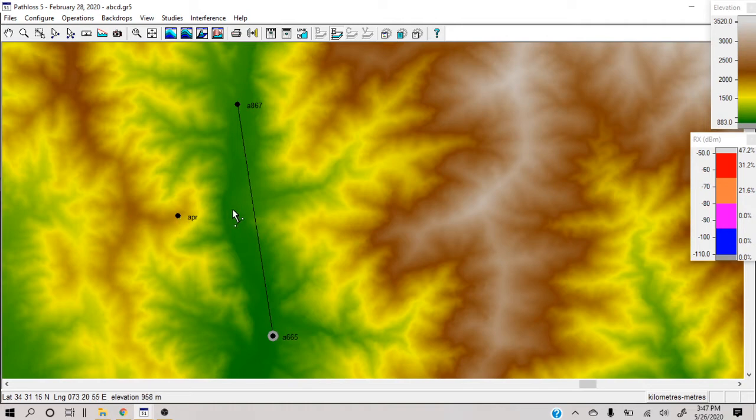But that kind of detail, I hope all of you who are watching have good experience. You know how to find a site which has a good line of sight with these two other sites.